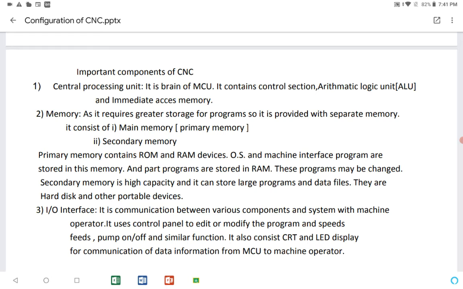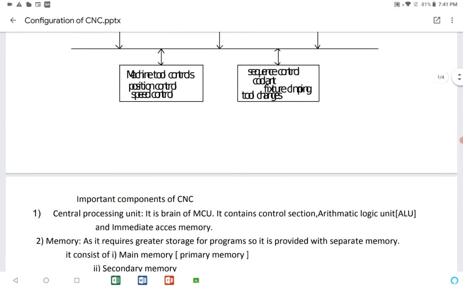Secondary memory is high capacity and it can store large programs and data files. They are hard disk and other portable devices, as you can see in desktop PCs and all. Okay. And the third one, I/O, that is input output interface, as you can see in the block diagram.